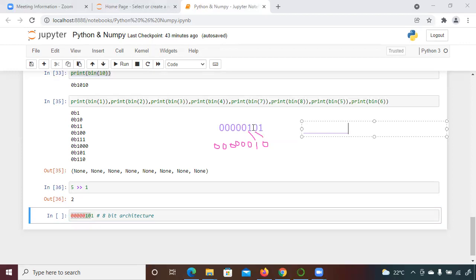I repeat once again, when you shift it here, the position of 1 will be occupied by 0, and the 1 will be removed from the current situation. So at the end you will be left with this, so you will pad 0 there. That's why now 10 will be represented as 2 in binary representation. Like this the shifting operator works internally inside the memory.